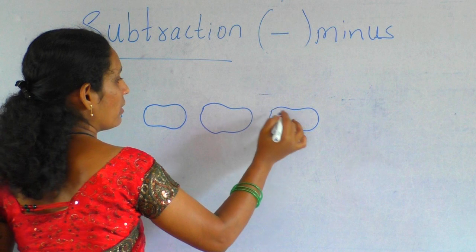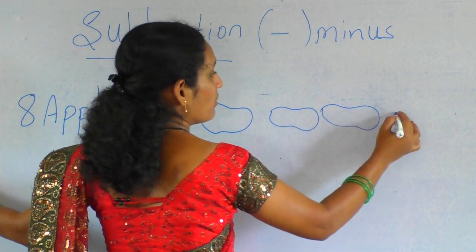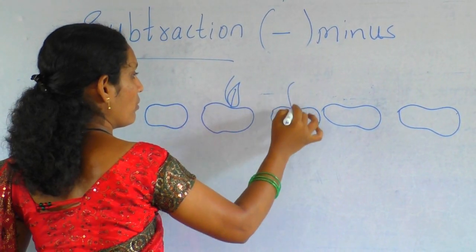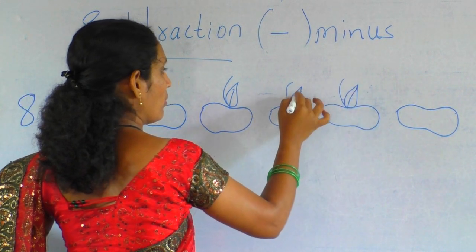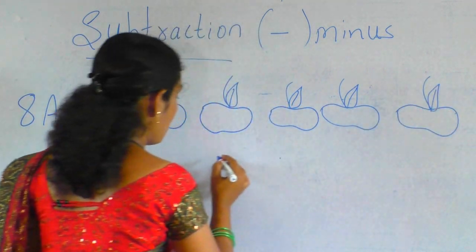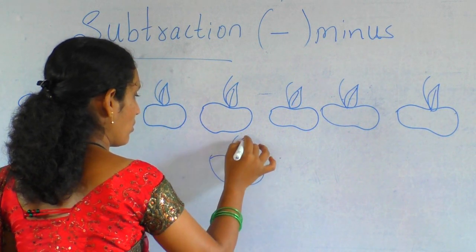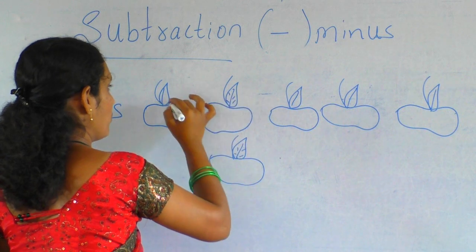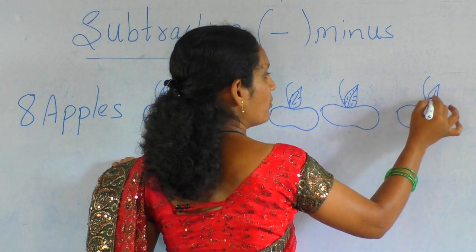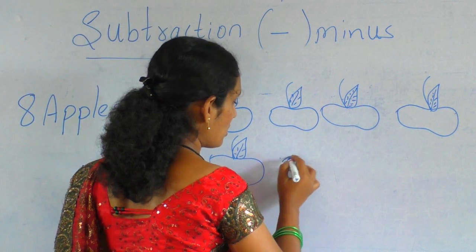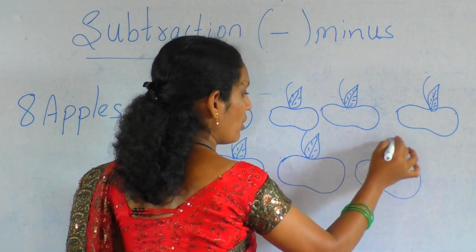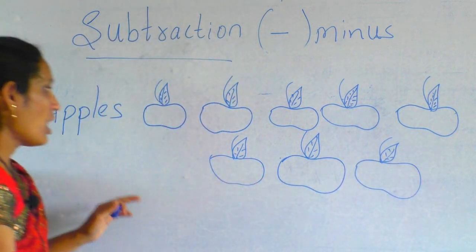How many apples are there? 8 apples are there. 6, 7, 8. Among the 8 apples,